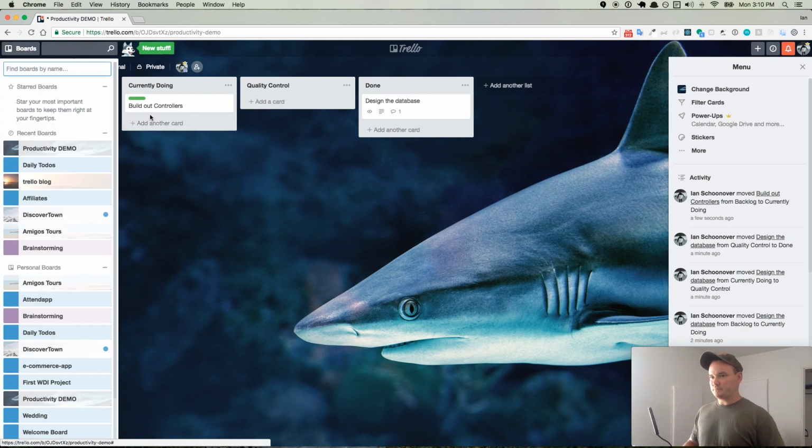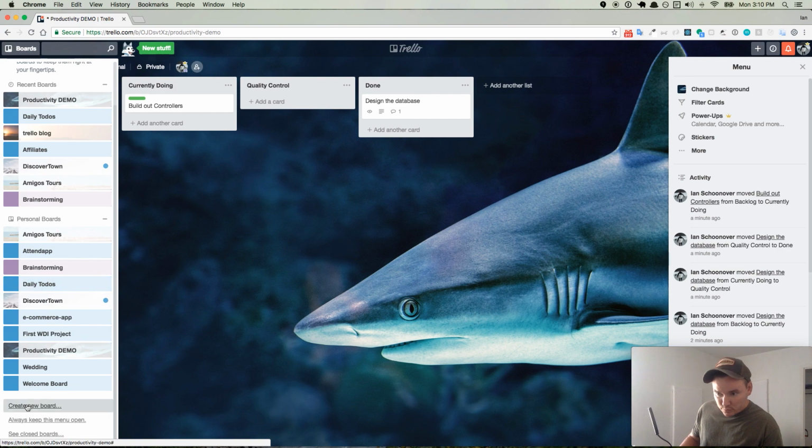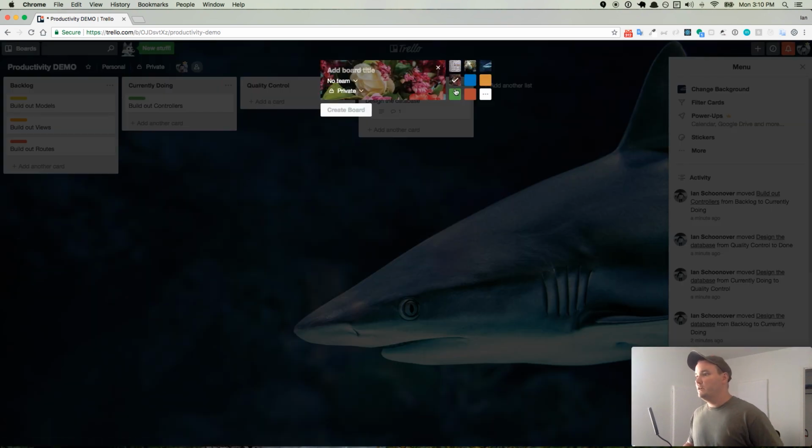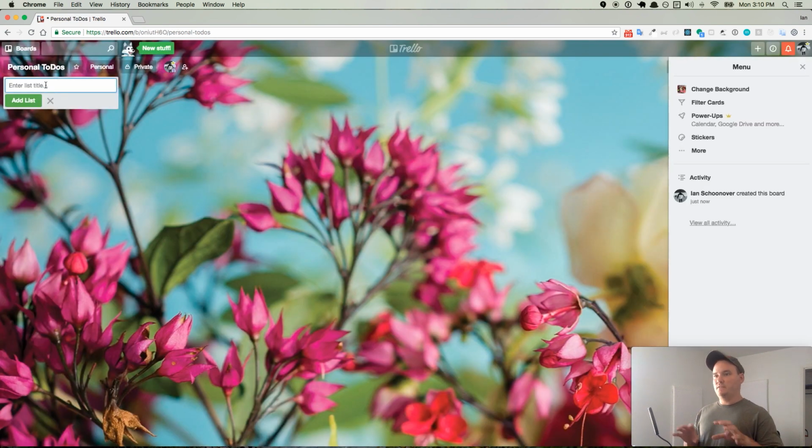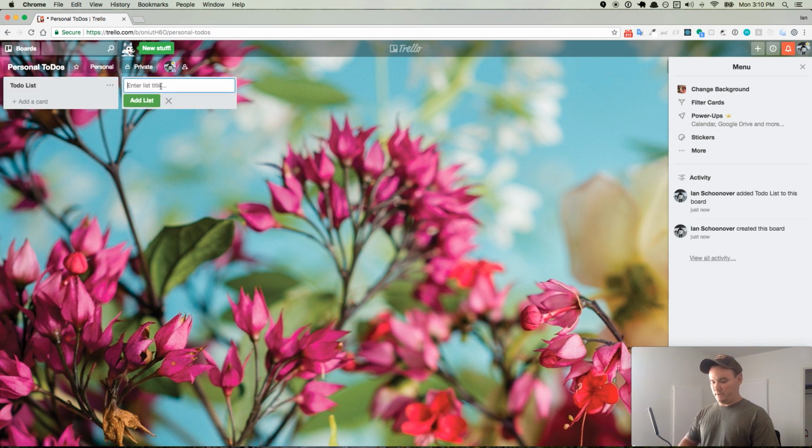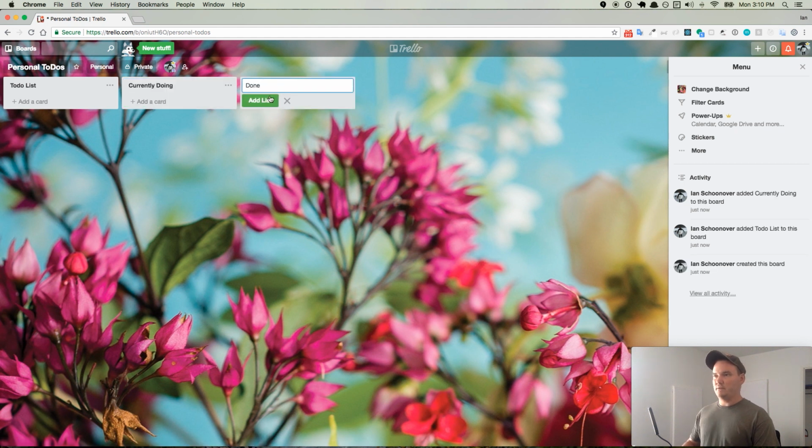So if I go back to boards and I want to create a new board, let's see here, create new board at the bottom. This one is just going to be personal to-dos, and then you create the board, and once it gets created, same process. You can just have a backlog of to-dos, or you can just call it to-do list, and then you can have your currently doing, and then you can have done,